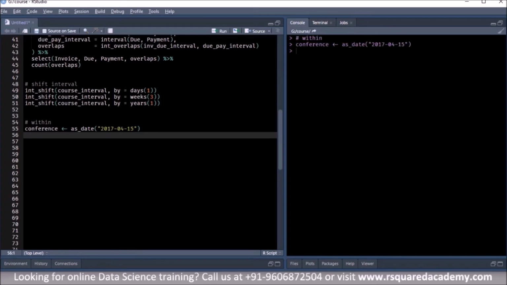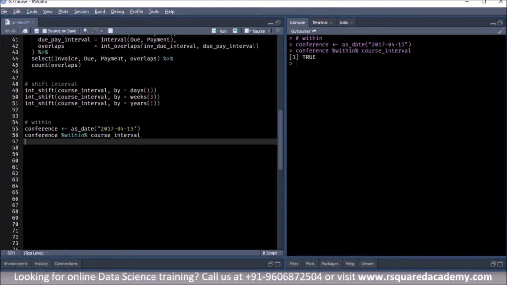The conference date is 15 April 2017, and we have the course interval already with us, right? And now we'll see if the conference date falls within the course interval, right? So it returns true, which means this date falls within the interval that we have specified, so the conference will now clash with the course.